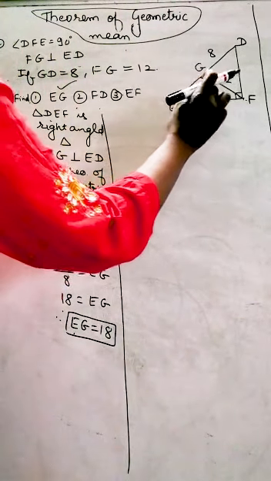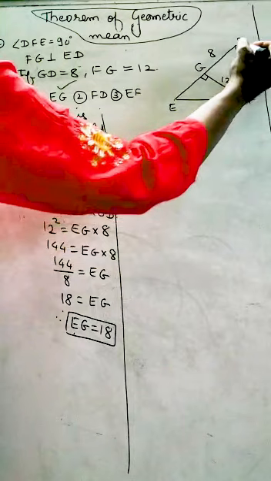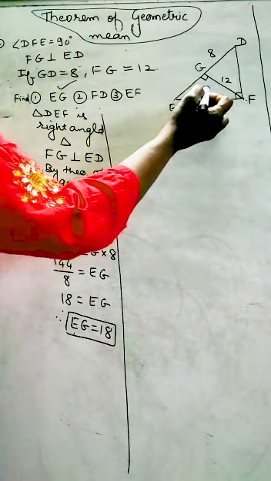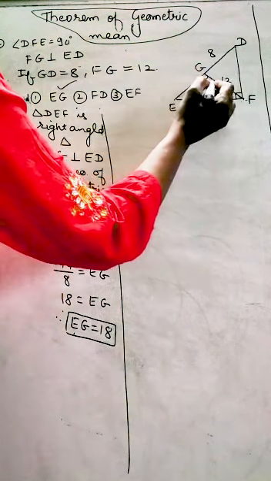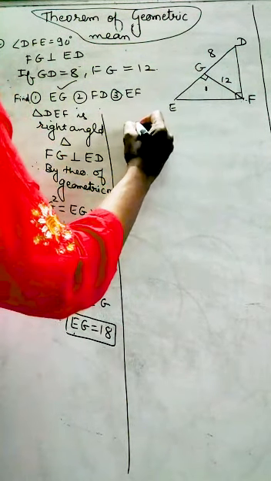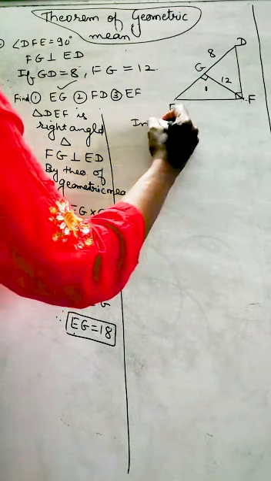Now we have here three right angle triangle. This is original one, this is second one, and this is third one. Therefore, here in triangle, in right angle triangle,